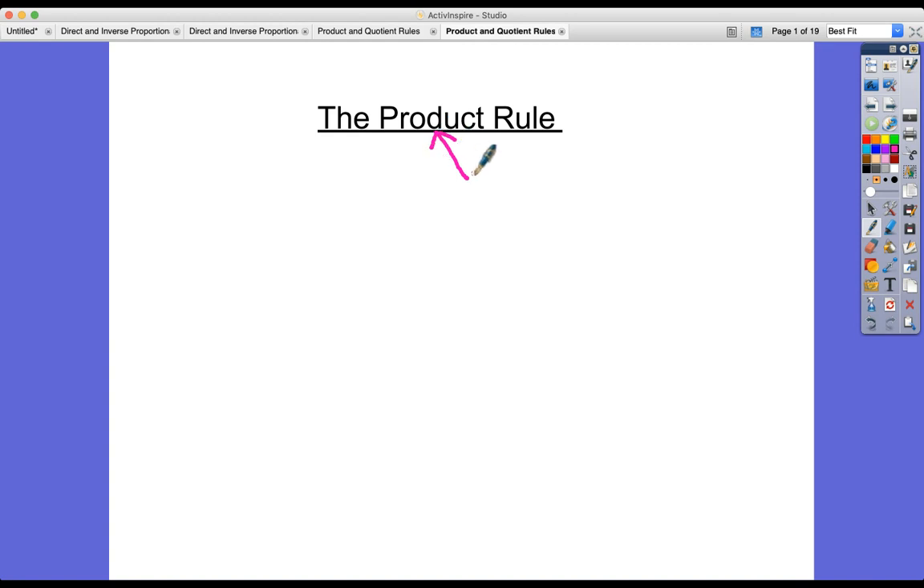Now, the product rule refers to when we differentiate a function which is actually two functions multiplied together. That's what a product is. So what the product rule says is that if you have a function which is two functions multiplied together,